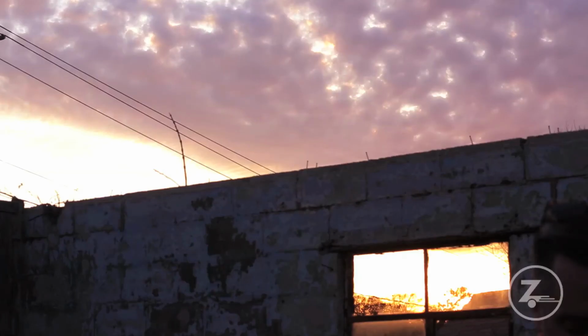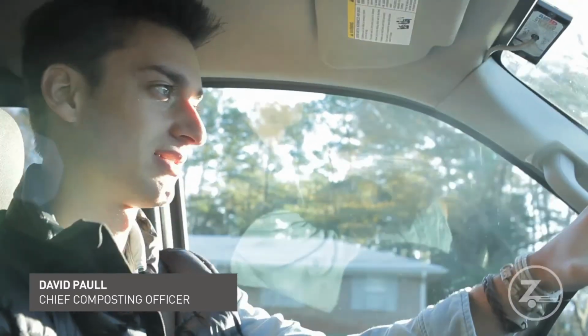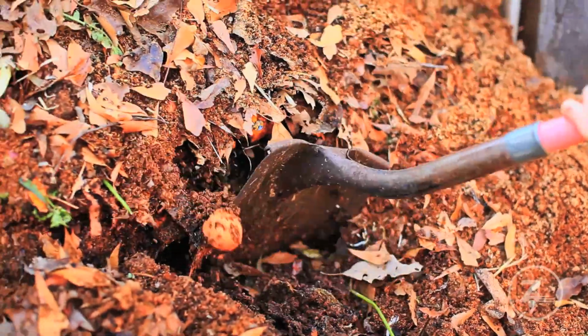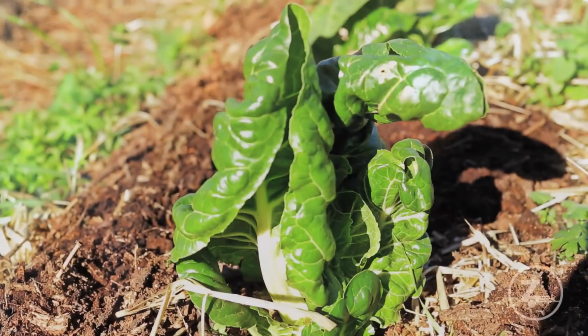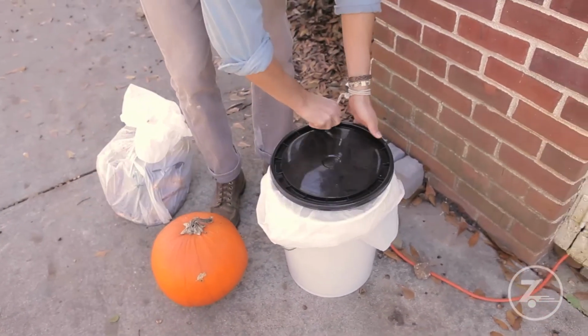People sometimes go, what is it that you do? And how does it work? Compost is the process of carbon material and nitrogen material mixing together into beneficial nutrients that's integral to organic agriculture. Compost Wheels as a company, we provide you with a 5-gallon pail with a liner and a lid, and